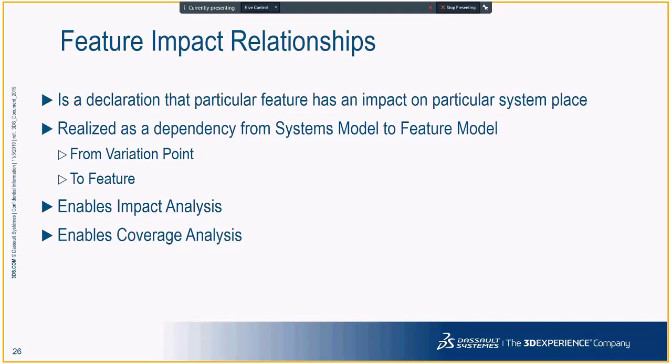You have a button in the panel. Maybe you have some software or firmware changes in the system, so there can be multiple places and multiple variation points in the system which are affected by this single feature in the feature model. And these relationships allow you to trace